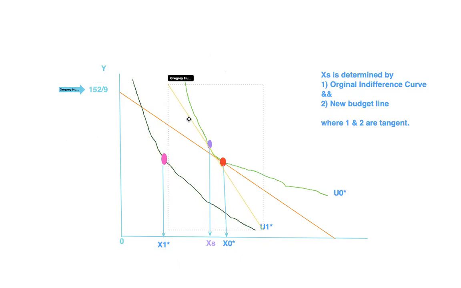Yeah, you wouldn't know. You don't know, not unless you say, once I find this point, which I'm going to show you how to find first. Once you find XS, and because it's a budget constraint, I'm going to leave this off, but obviously there's a YS too, right? Once you find XS and YS,